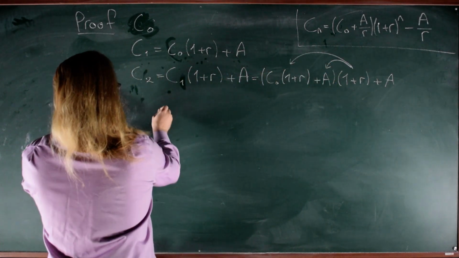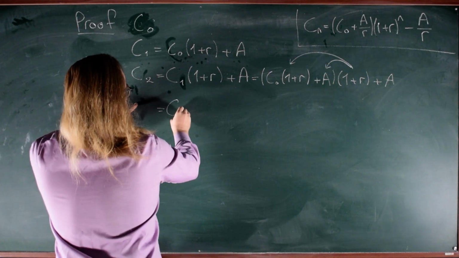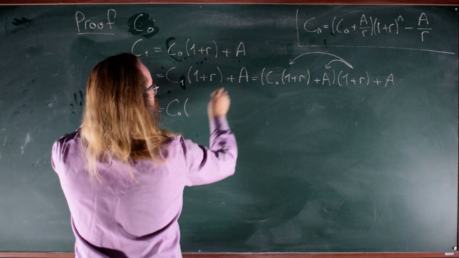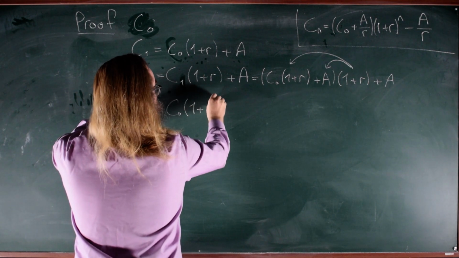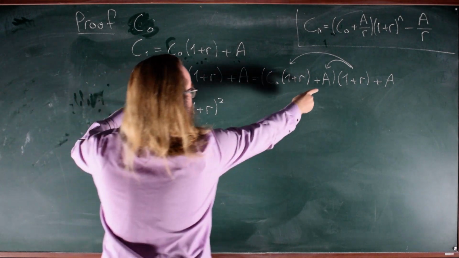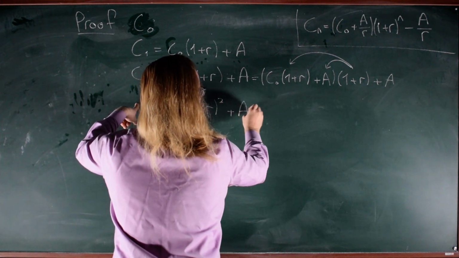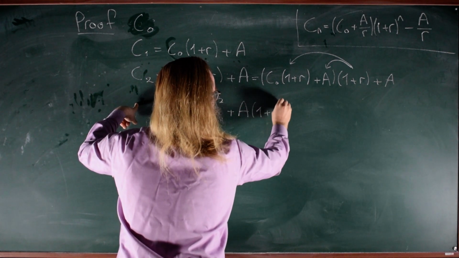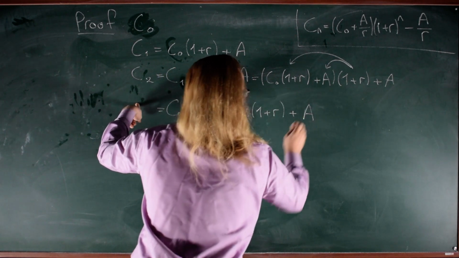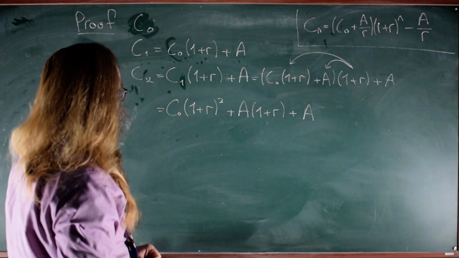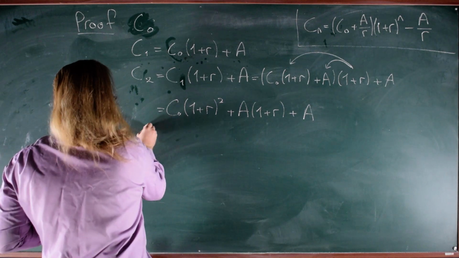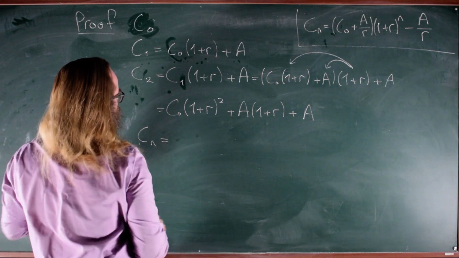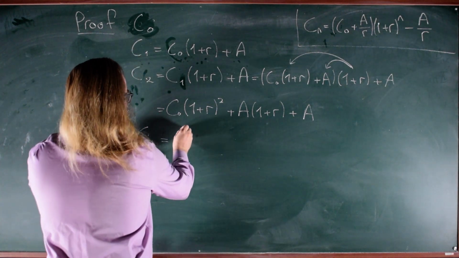All right? So what we get here is we get C, the initial capital, and then 1 plus R. We have two of those, so that's squared. All right? Then we have the annuity plus the interest, multiplied by the interest, and then plus the last annuity. All right? Hopefully, it's not a huge stretch to convince you guys that what happens here is that after n